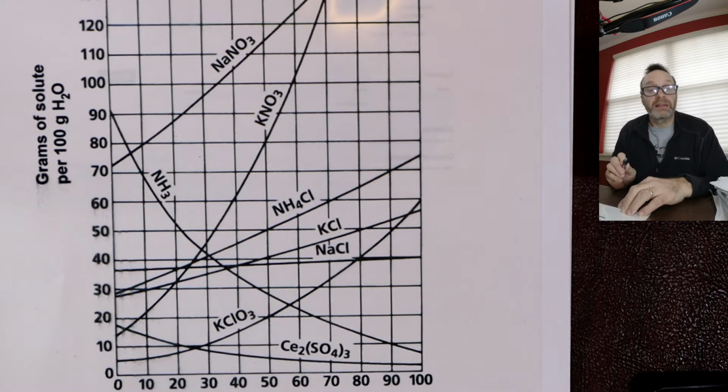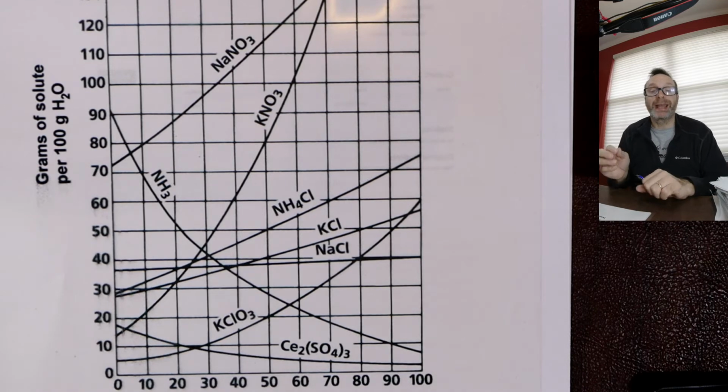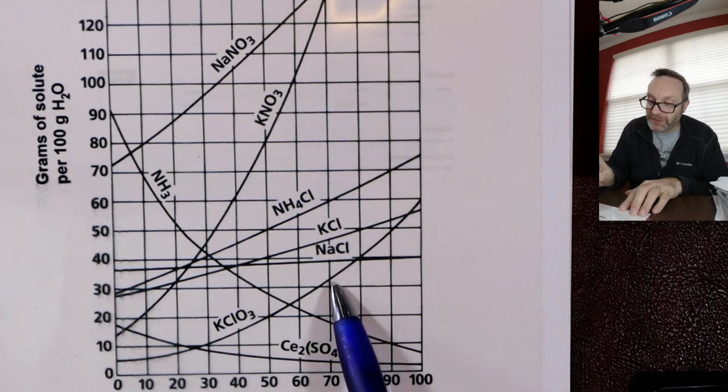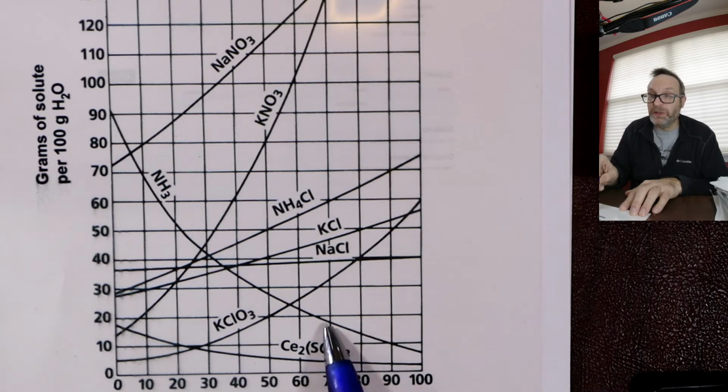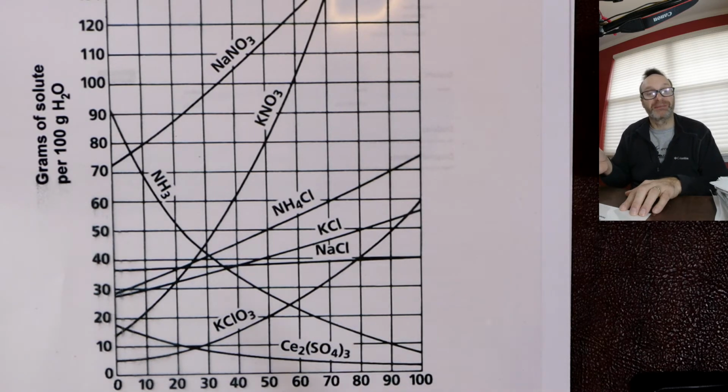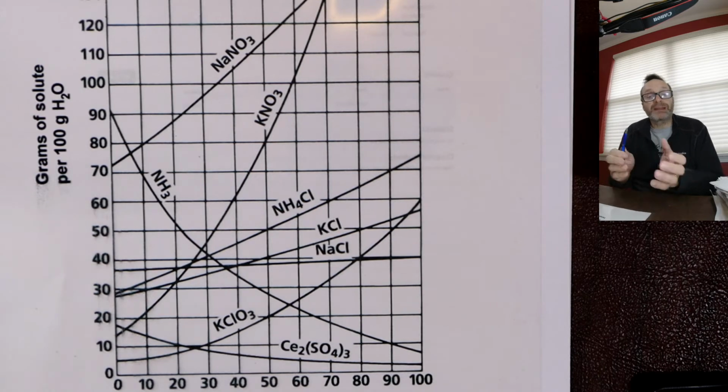Okay, so that line represents the maximum concentration allowed at that temperature. Anything under the line, a lower concentration, would also be allowed at that temperature. So, you know, I can have just water at 80 degrees C and just keep adding the salt until I get to the maximum allowed at that temperature. Okay, and when we have the maximum in there,